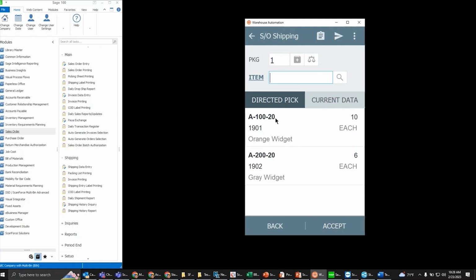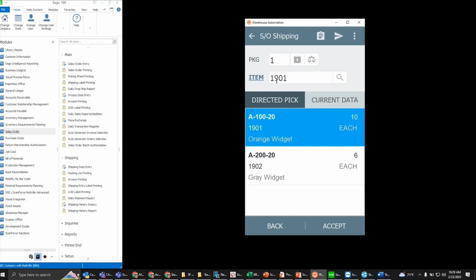And these happen to be in the same location, but they could just as easily be on the opposite side of the warehouse. Okay, so I'm going to go ahead and select the very first item. Now, if you were using a scan gun, you would be scanning barcodes. I'm not holding a scan gun, so I'm going to be using my mouse to click. You can scan barcodes, you can click with your finger, you can scroll just like you would on your phone. So I'm just going to click, and you can see it populates the item 1901 here as the first item,